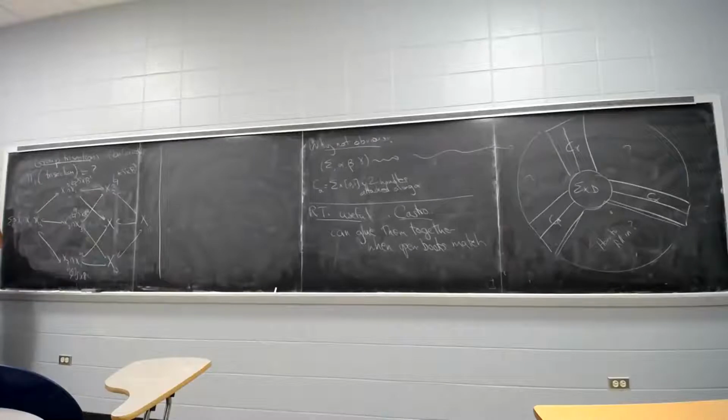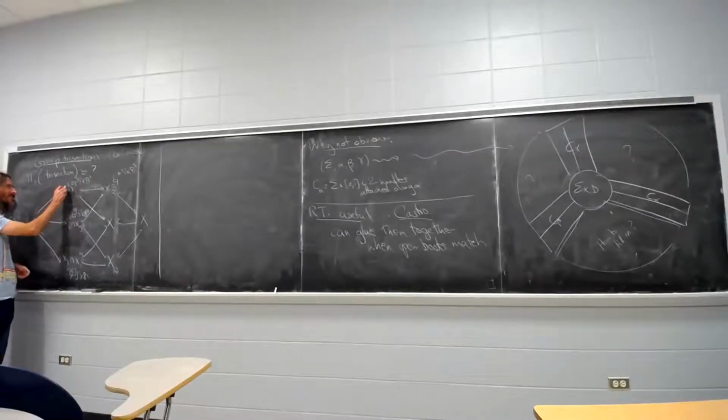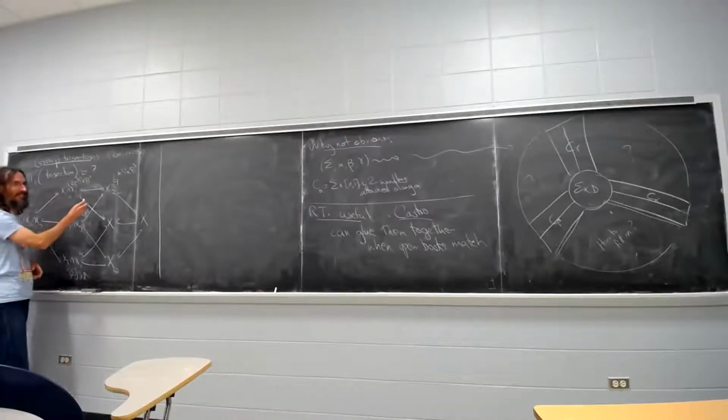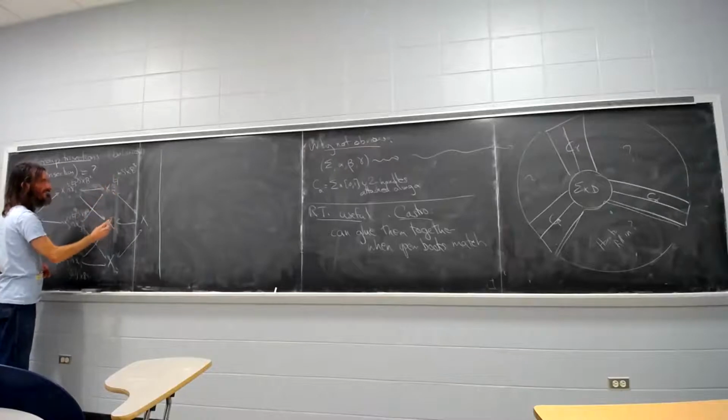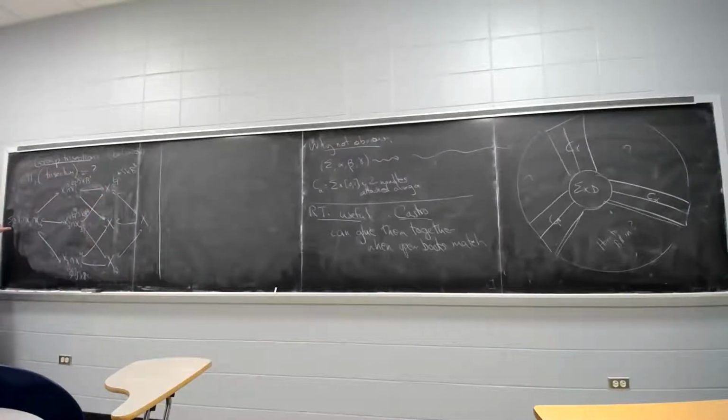If I fix all these isomorphisms, this is kind of a subtlety, so think of that as part of the data. And if you think of that as part of the data, then you actually get on the nose the standard